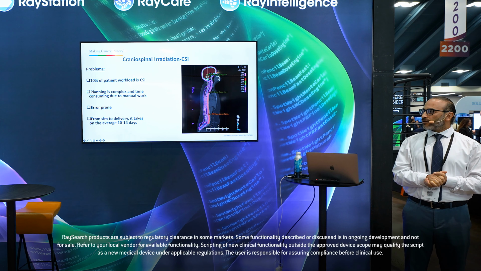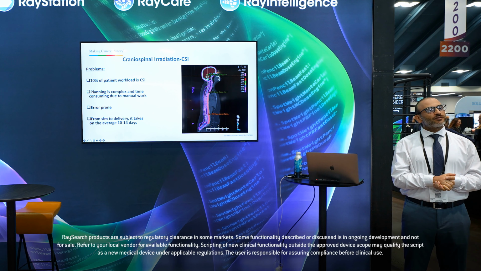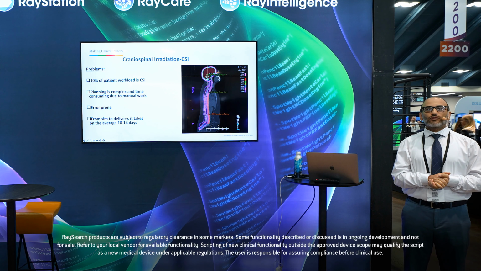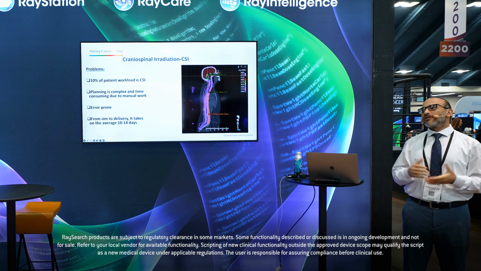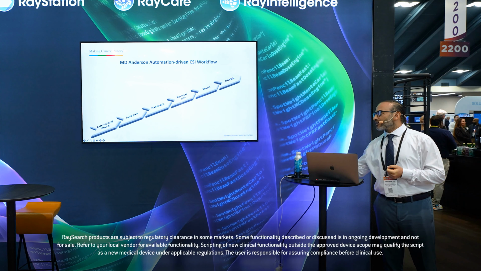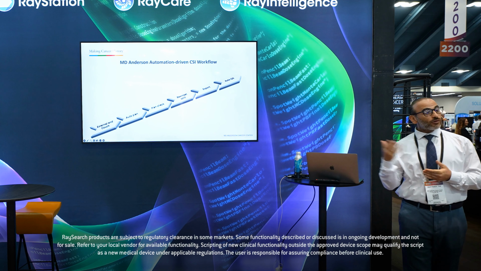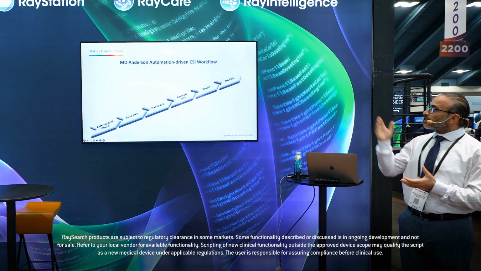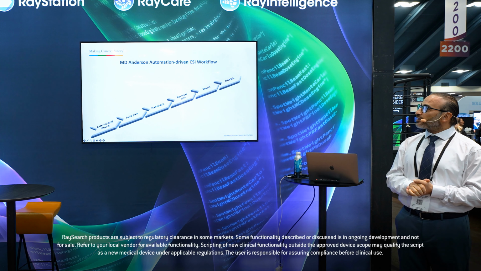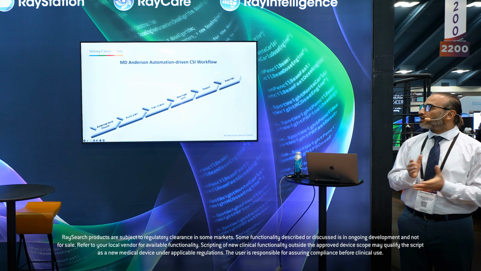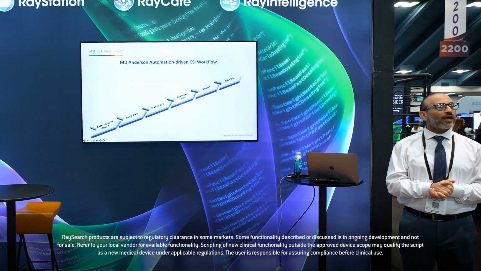From simulation to delivery, on average, it takes 10 to 14 days to get a patient ready for treatment, which is significant. In order to solve this problem, we came up with an implementation of an automation-driven CSI workflow at MD